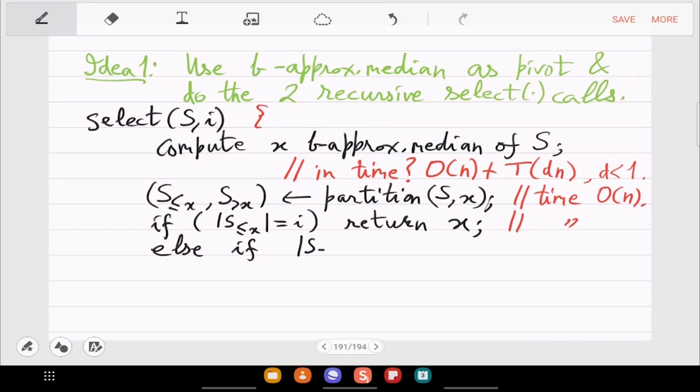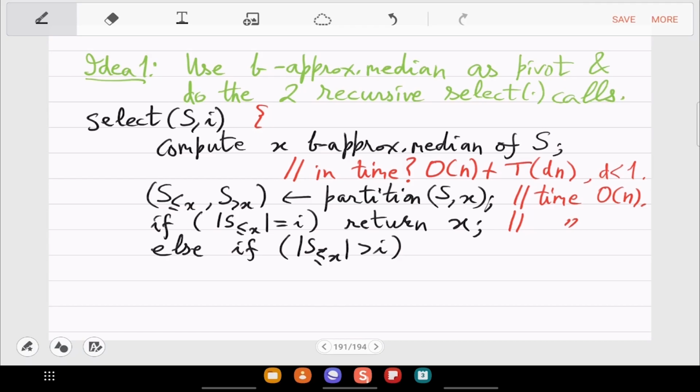So what about greater than I? What should you do now? This means that x is ahead of the ith statistic, right? So since x is ahead, what should you call? Yeah, you can forget about the other part.